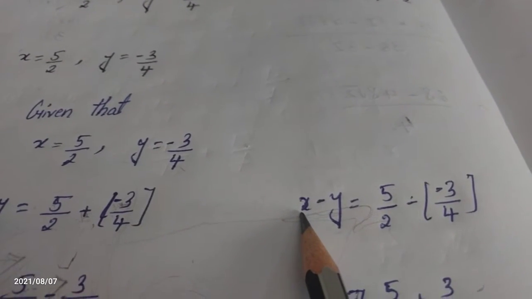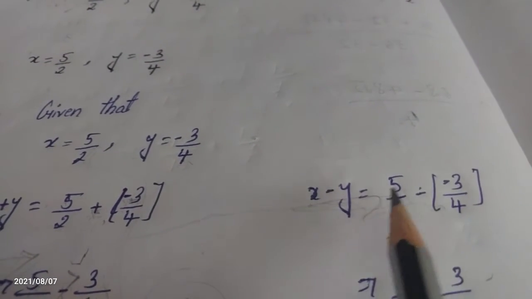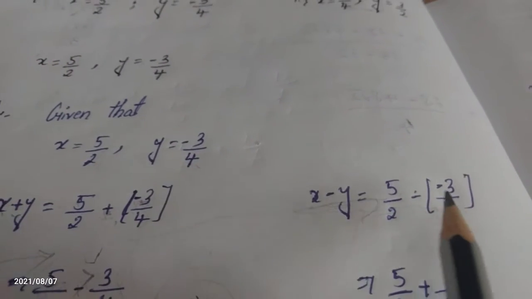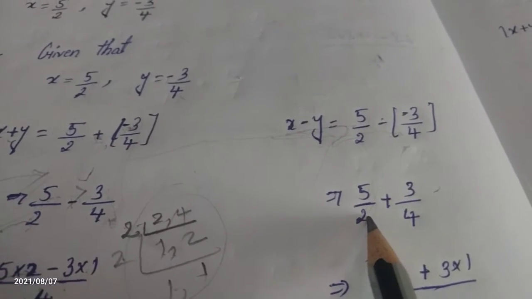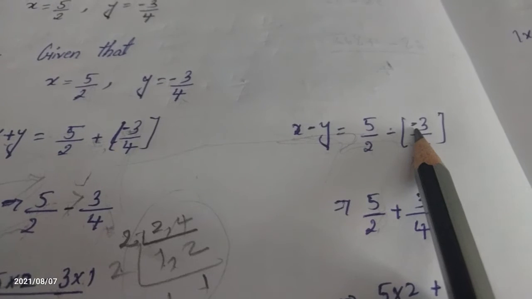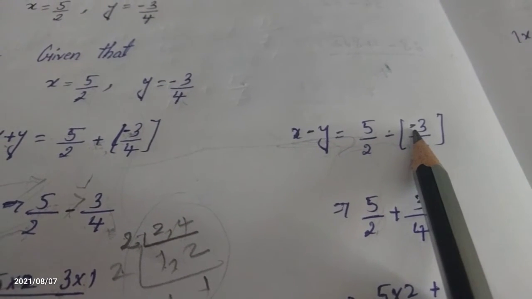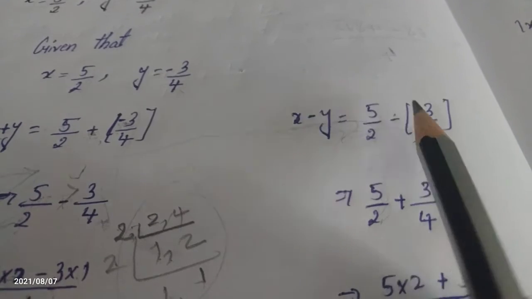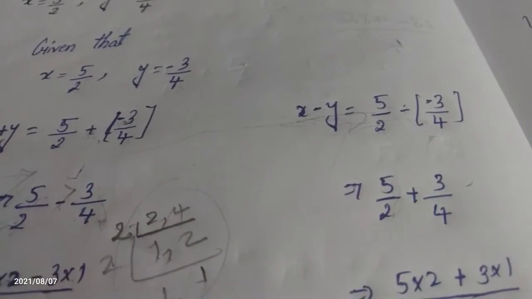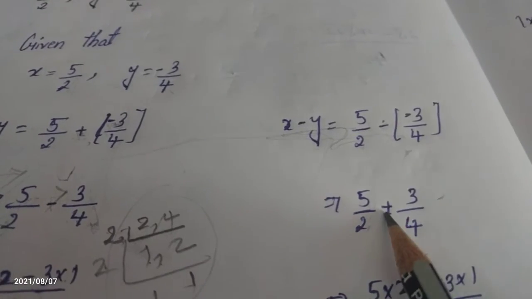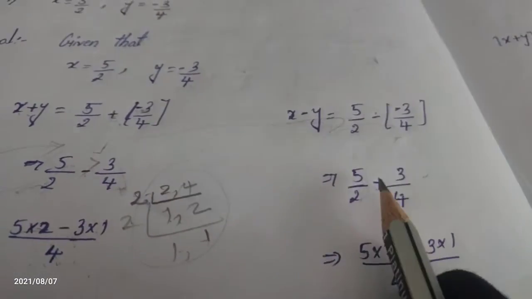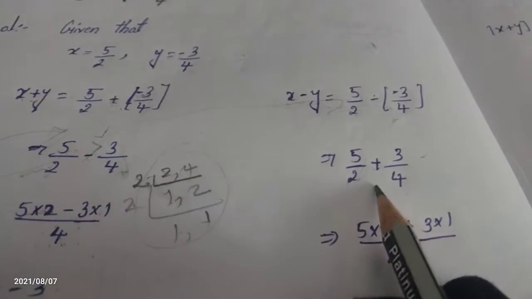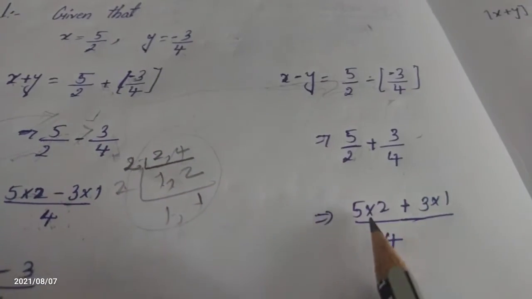Just we have to put the value of x. What is x? 5 by 2. I am writing the 5 by 2, and minus is as it is. What is y? y is minus 3 by 4. I am writing the minus 3 by 4. Okay. Up to that clear? Just I am putting the values in this step. 5 by 2 is here. What are the two signs there now? We have to write one sign with the help of the condition. What is the condition? Plus into plus is plus, minus into minus is plus. With the help of this condition we can write one single sign. Okay, minus into minus is plus, and 3 by 4 is as it is. Up to that clear? Just I am putting the values. After putting, we write this step by doing minus into minus is plus. Okay, up to that clear?